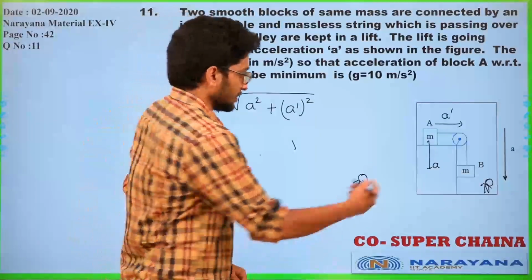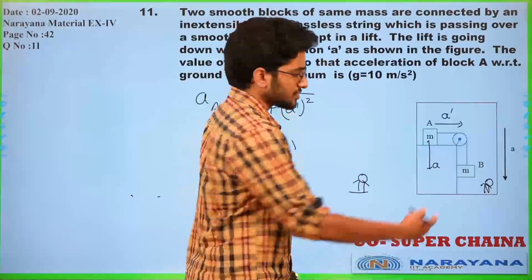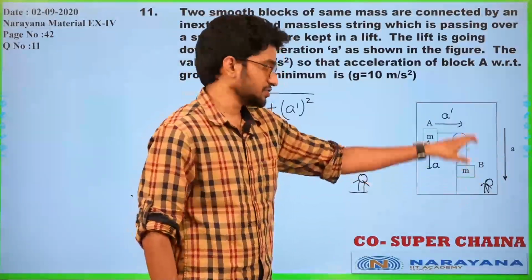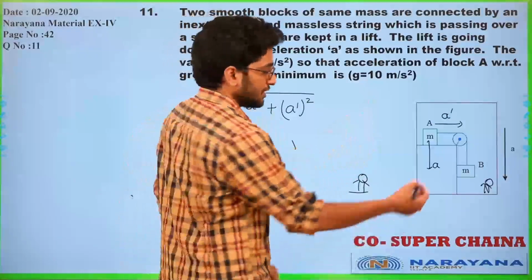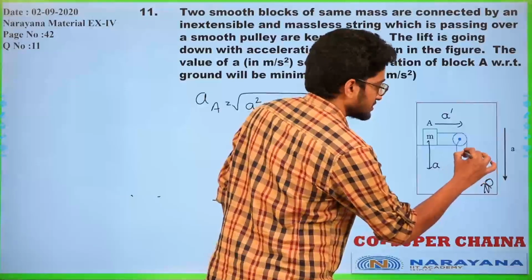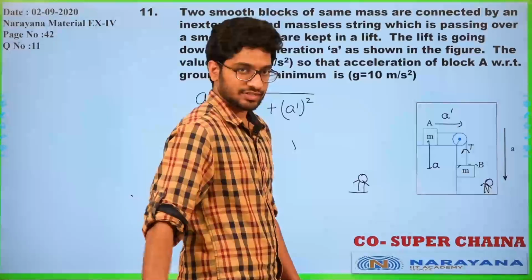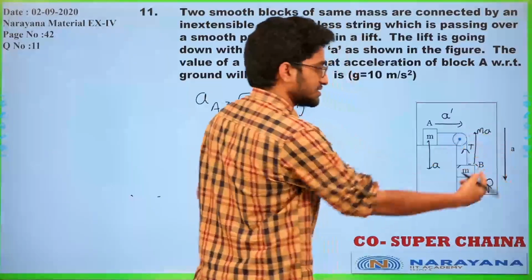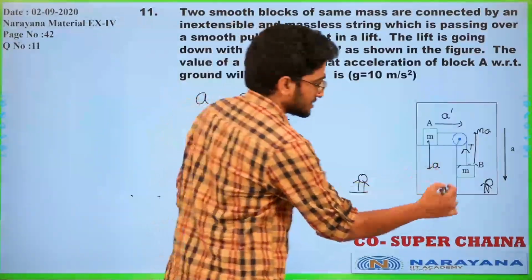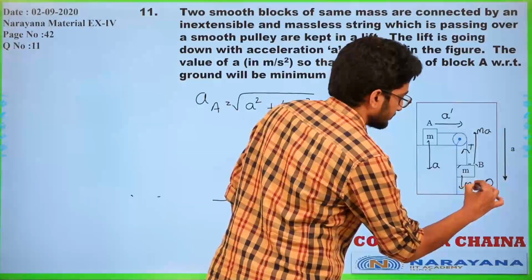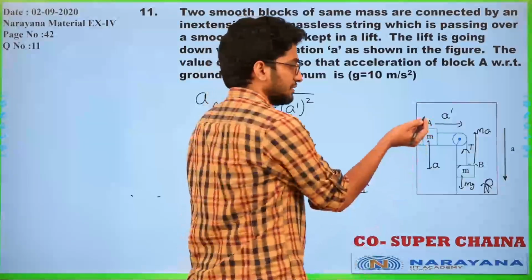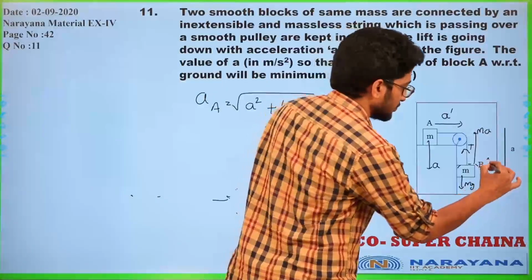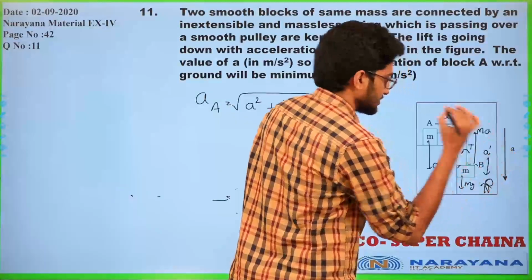And what are the forces with respect to him? Since he is a non-inertial observer, an accelerating observer downwards, we should consider pseudo force upwards also in all the bodies. So if I take the free body diagram of this, there is tension acting on this, pseudo force m into a is acting. Acceleration is downwards, so pseudo force upwards, its weight is also acting downwards, mg. And he can clearly say that if this block a is moving forward with acceleration a dash, this block b should also move downwards with an acceleration a dash.